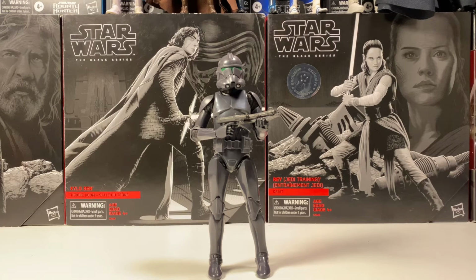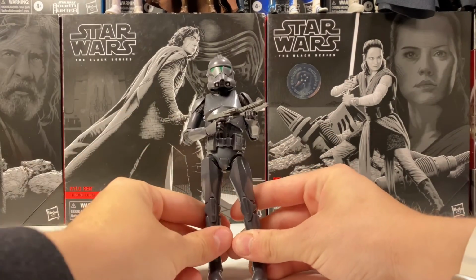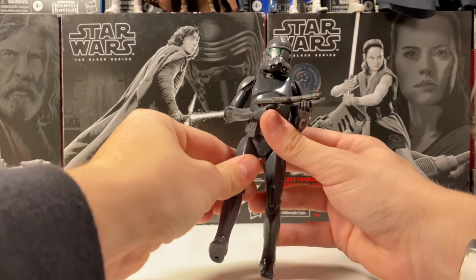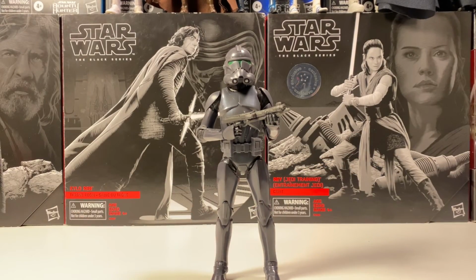I think the biggest problem is it does have articulation problems now, and mainly in the hip area, like kicking out. The front of this is way more pointed, and it definitely gets less kick out than it used to, and that's fine because I don't plan on having my clone troopers drop kicking a bunch of things on the shelf. So overall I think it's a pretty good change, and of course we do have that updated helmet